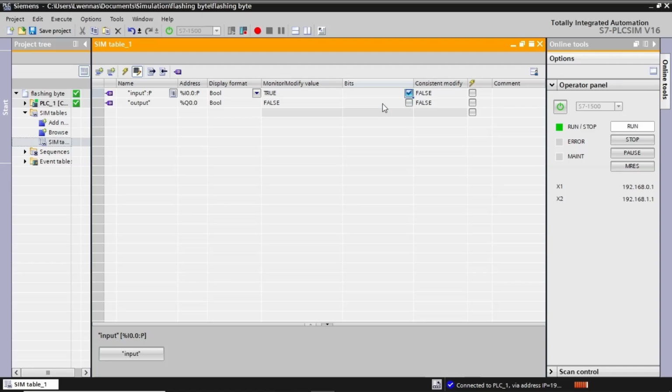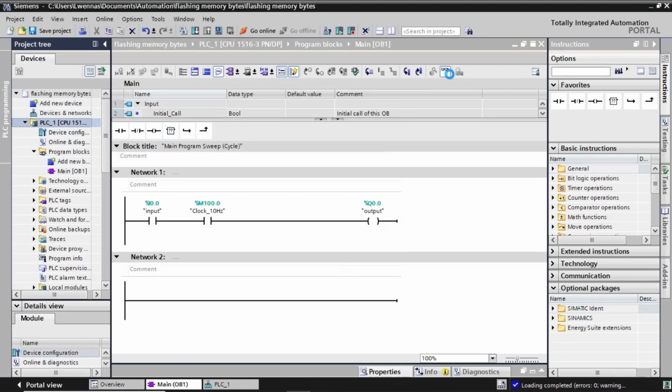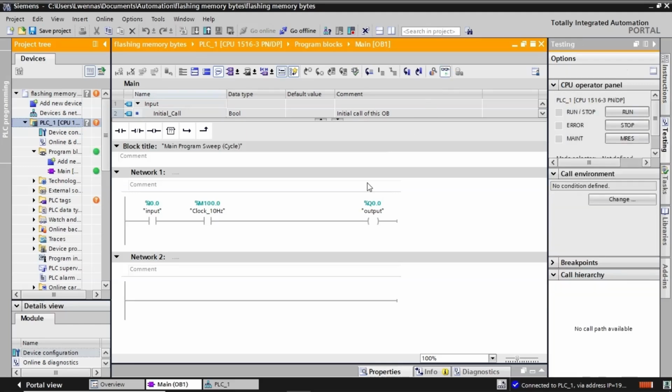Indeed, the output starts flashing just when the input is active. As a reminder, the purpose of this lesson is to show how to use clock memory byte. Hence we wrote a very basic example. Back in TIA Portal, we can see this properly. So, we activate the visualization to see the ladder logic response. Sure, we would not see this flickering line if we did not use the clock memory bit between the input